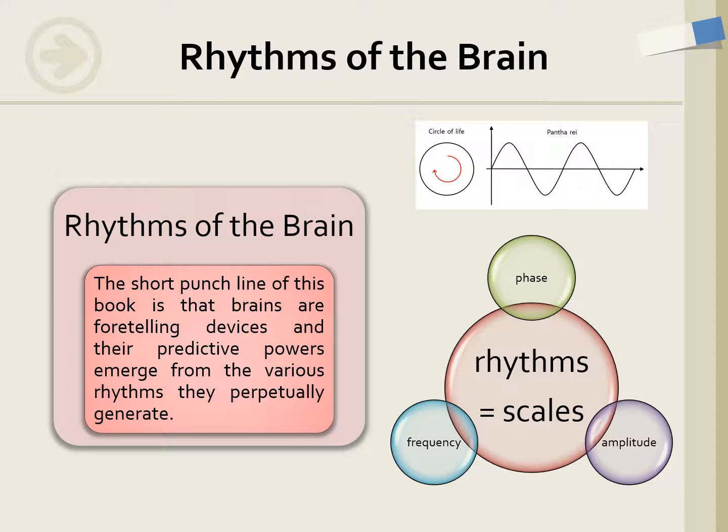It has several characteristics that all rhythms share: phase, frequency, and amplitude. They can serve as scales for the brain to perceive. First, the brain generates rhythms as scales spontaneously. Second, it compares them with the signals from the external world. If you want to know more about the mechanism, this book, Rhythms of the Brain, might be the best choice.